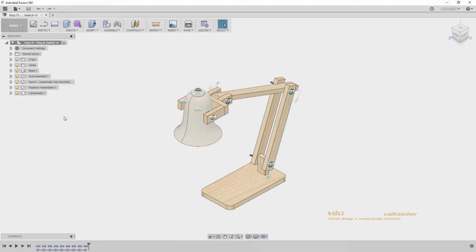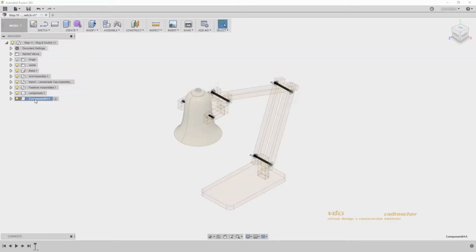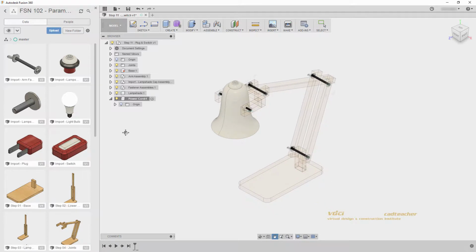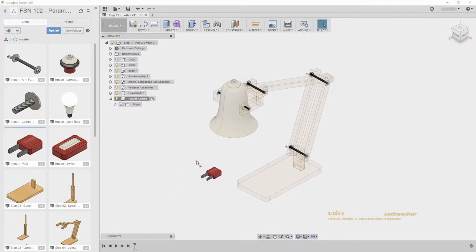So the first thing I would like to do is create a new component, right-click, New Component, and I will rename this power cord. Now, I can unroll that, and let's insert our plug and our switch as components into this power cord component. I will open my data panel, scroll to the top, and drag these in one at a time. I'm starting with the plug,